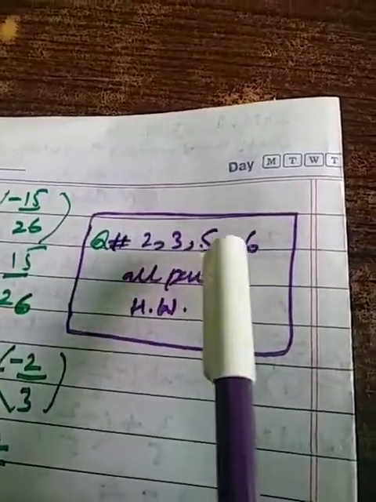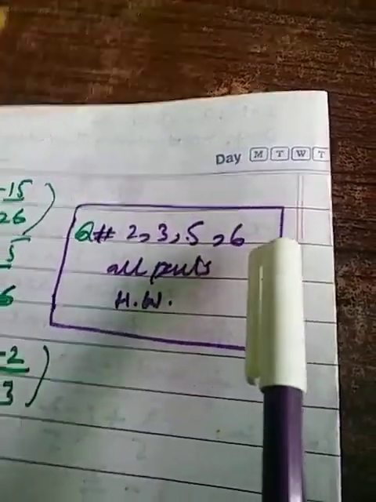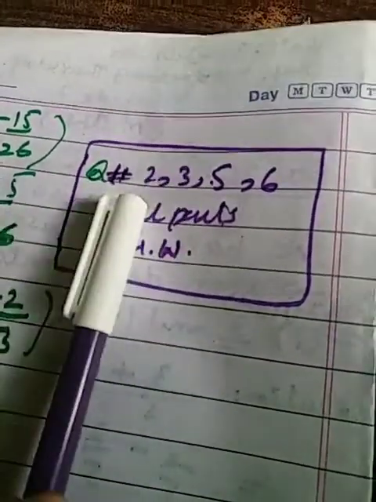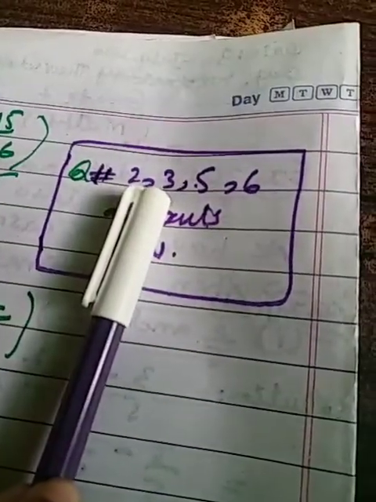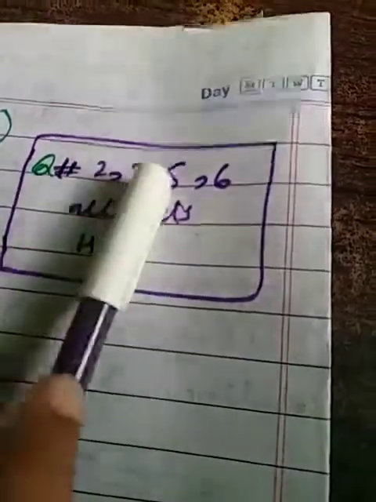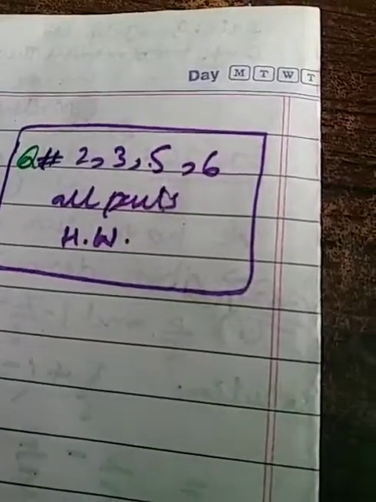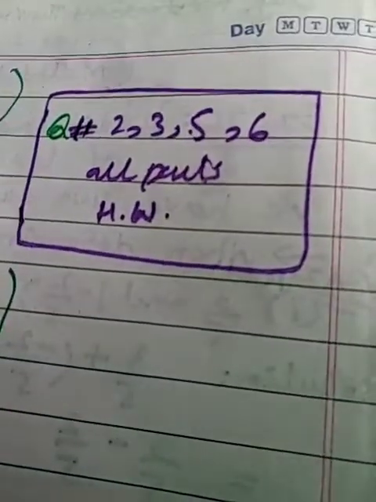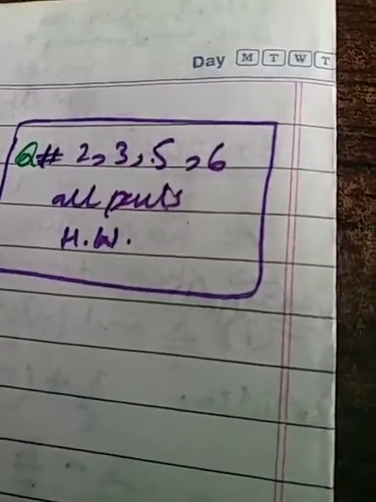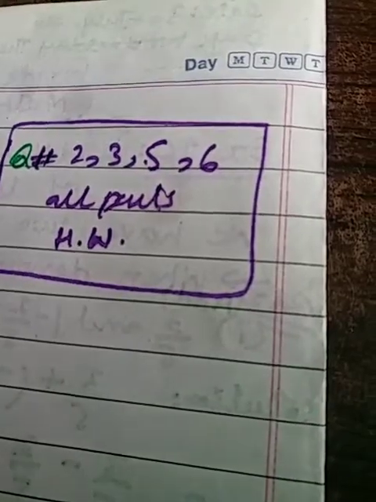Okay, I have given you the concept of addition and subtraction of rational numbers. Now it's up to you to solve all parts of question numbers 3, 5, 2, 3, 5 and 6. I have skipped question number 4 here because we will do that later, but do all of these questions and all parts by yourself by using the concept I have given here. Okay, bye.